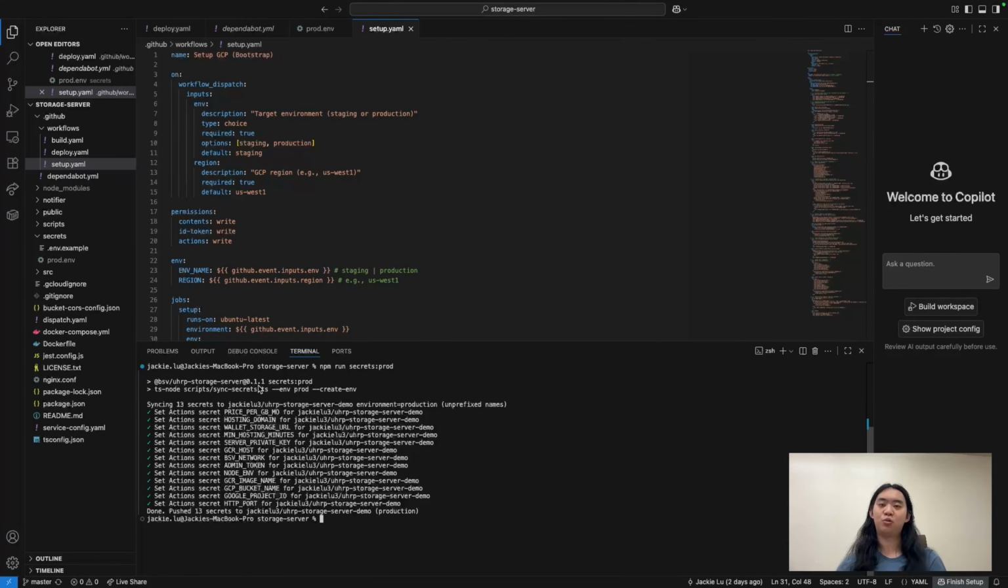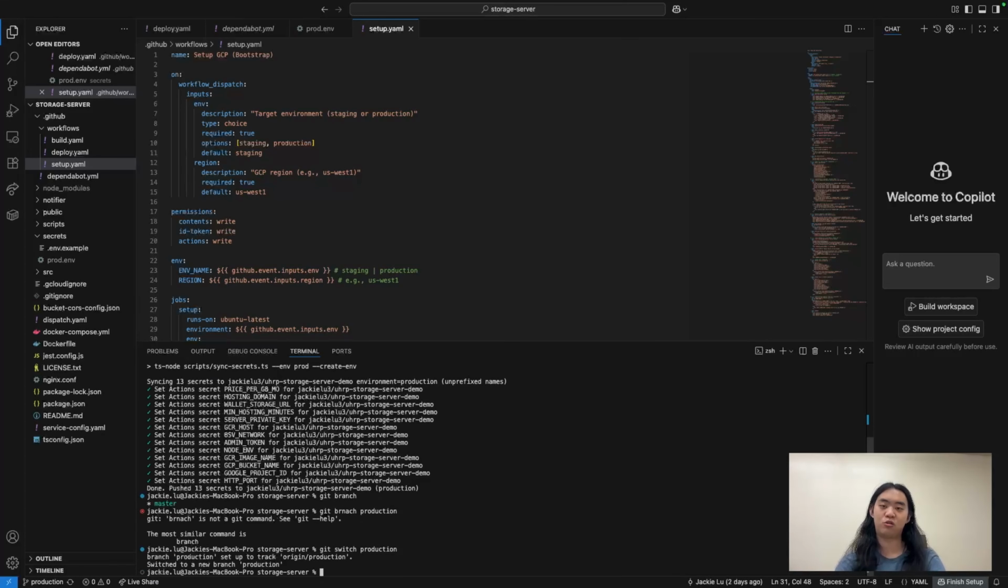And in order to do this, we will first need to create a separate branch. If you're deploying a staging server, you can keep this on master. Master works just fine. But since we're doing production, we will simply need to create a new branch called production. If we git switch into production,